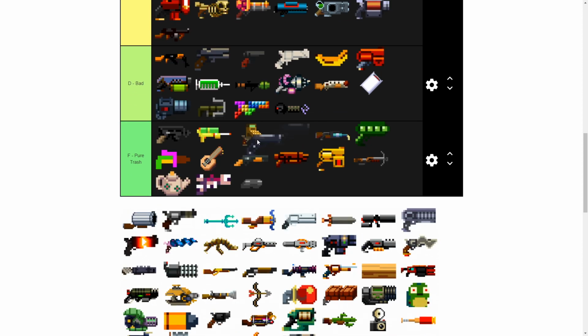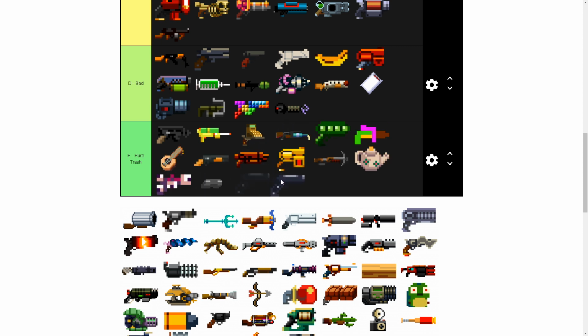Trank Gun. This thing had so much potential, but it's just bad. It's just a straight up bad pistol. This was changed so many times. When Farewell to Arms came out, it wasn't in the game. It was accidentally left out, but it was in the